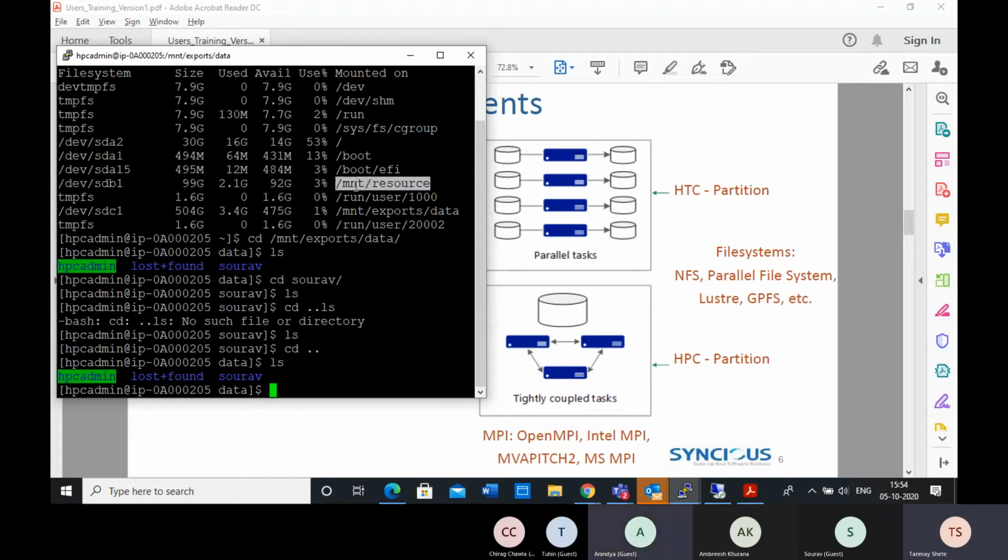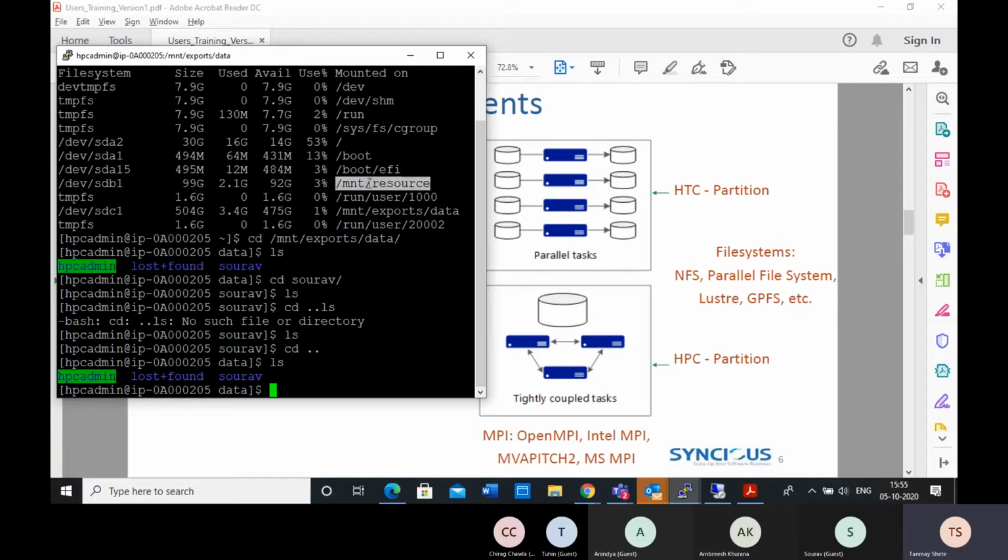And that temporary storage is nothing but this /mnt/resource. So every machine that you connect, where your job will run, will have its own /mnt/resource directory. You can write a script such that you use that local /mnt/resource if you want to. Now, while this is a very small machine because it's a master node whose only job is scheduling, you can see it has 99 GB of data storage, which is this /mnt/resource.